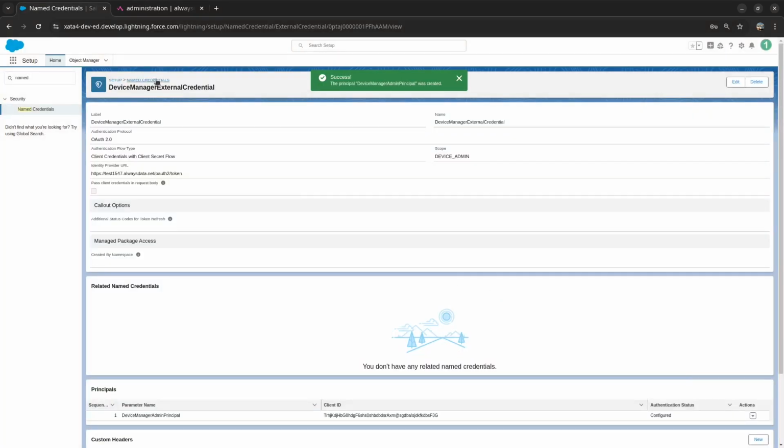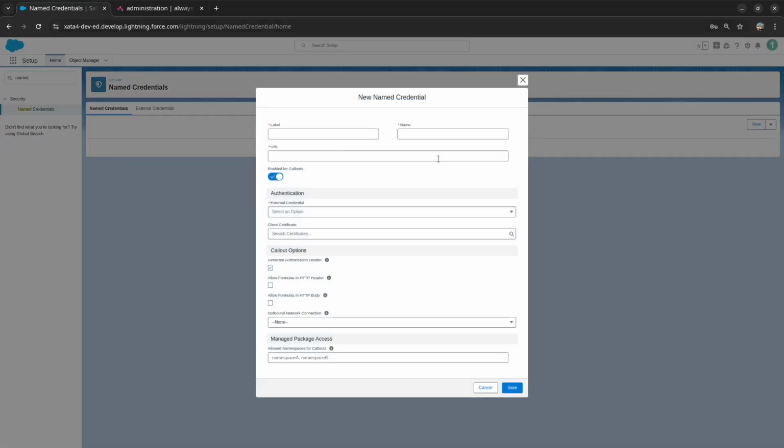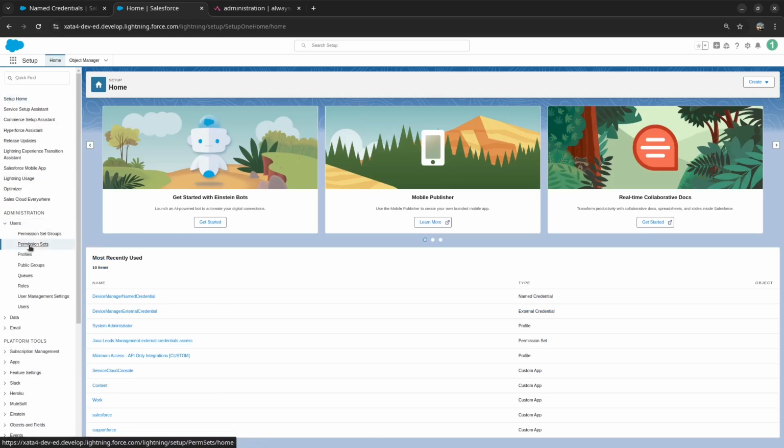Go back to named credentials. Create new named credential. Populate label and name. Provide base URL to Java resource server. Select Device Manager external credential. Press Save. In order to provide users with ability to make callouts, we need to give them access to external